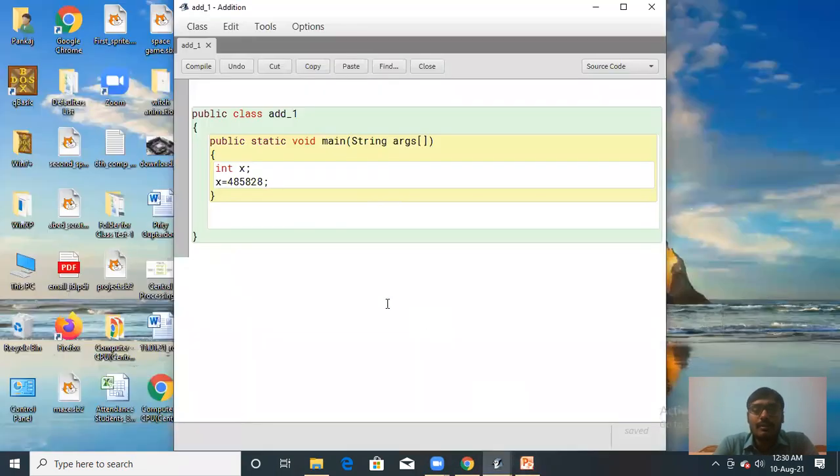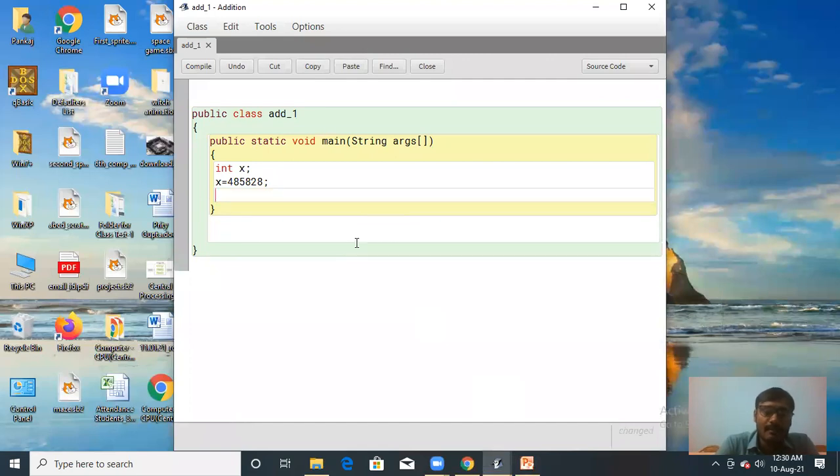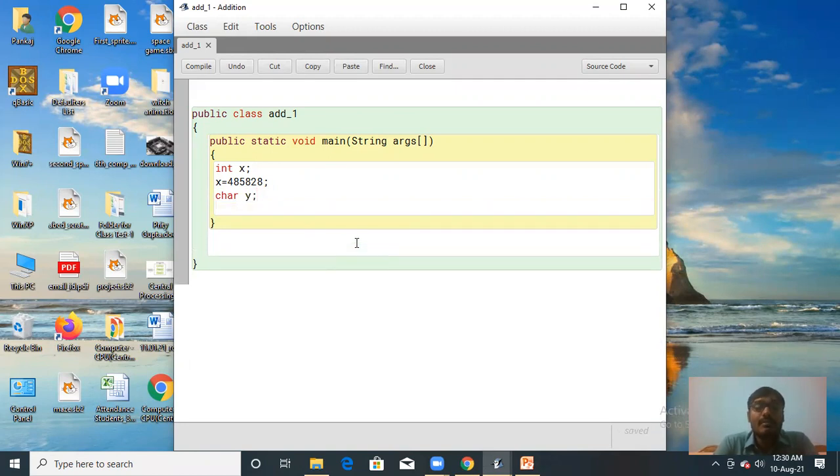So you can also take another data type, char y, and you can store the value in y. You can store a single character in the y variable.